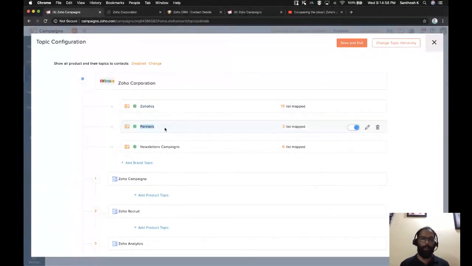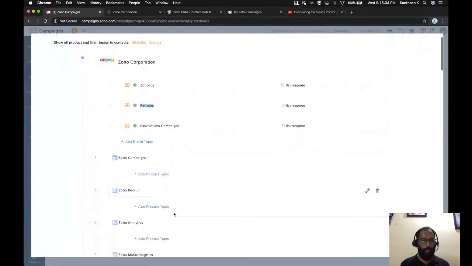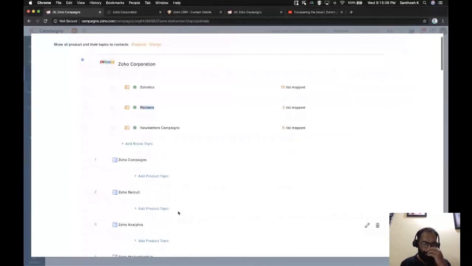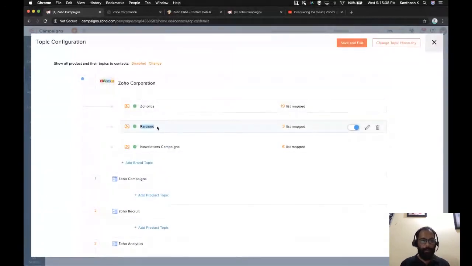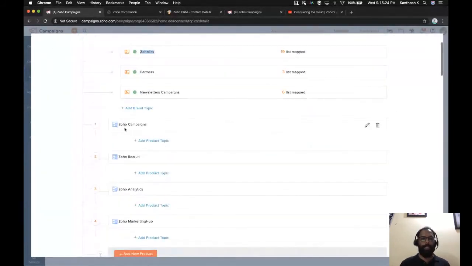I can create a topic for Zoho and partners. If I'm going to target only the partners, like today I have 400 partners here for different products, each one will have their own partners. So they can create a topic for that and add the contacts into it. So when Zilker is going to target a campaign, they can go and send a campaign to the entire audience who are Zilker customers. Or if they want to send a campaign only to the people who are interested in animation,